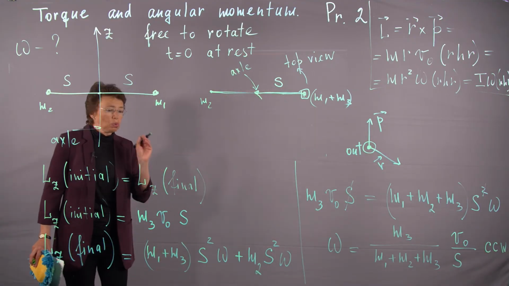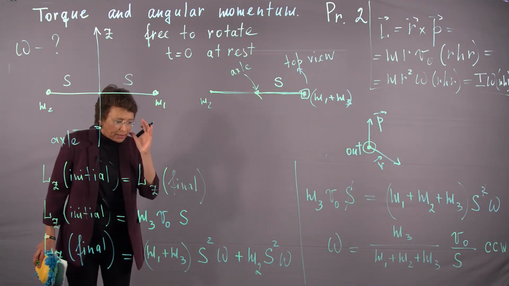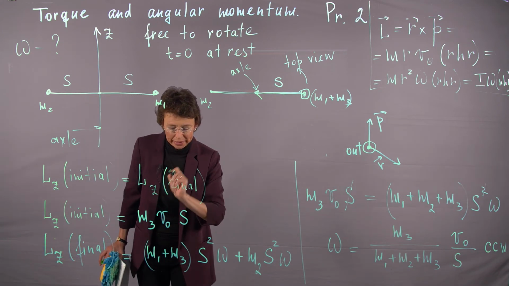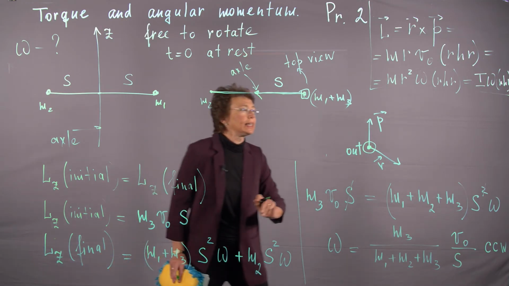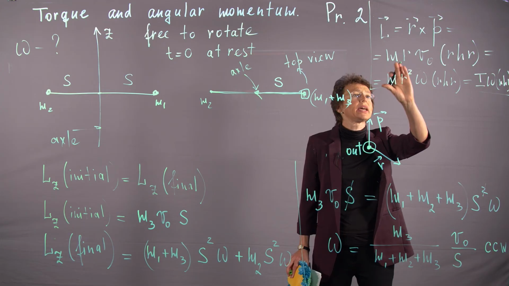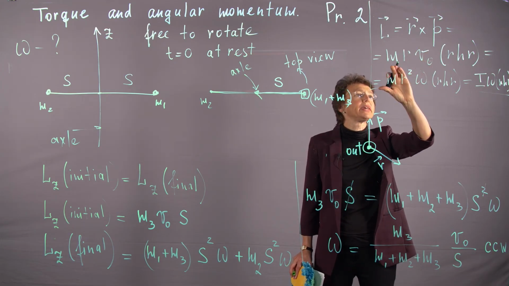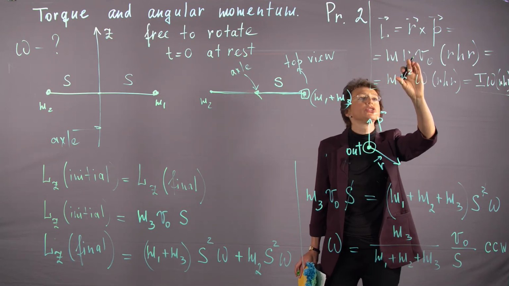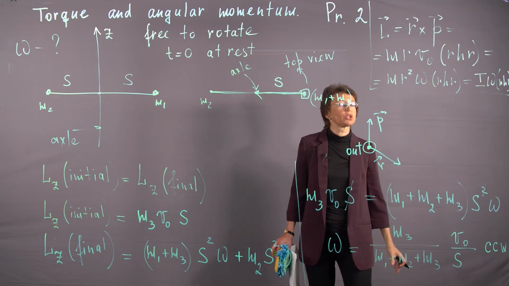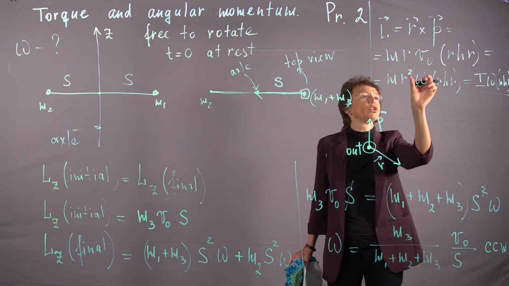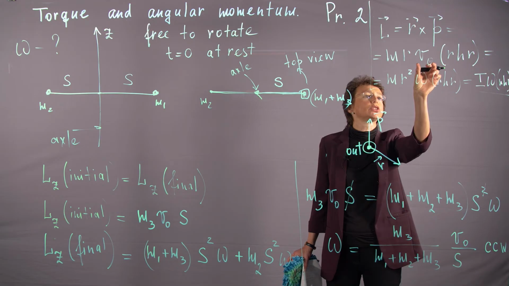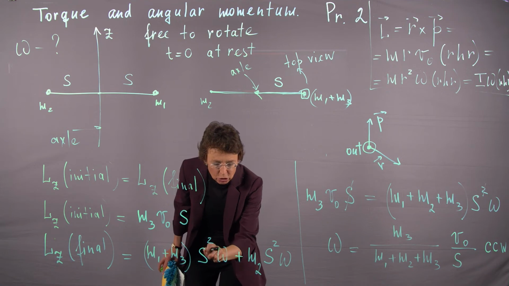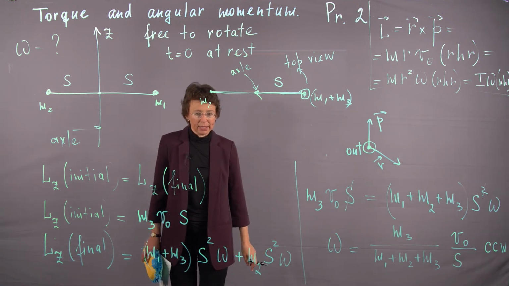Problem solved. Now, what I want to emphasize here, some students make a mistake right here. For some reason, they put S squared. No, what we used here was linear velocity. So it is R cross P. It is M from P, velocity from P, from momentum, and then R, m r v theta. There is no R squared. Otherwise, the dimension will be wrong. And only when you express linear velocity in terms of angular velocity, you write v theta as r omega. That's when you get R squared. That's why when we express it in terms of angular velocity, it is S squared.